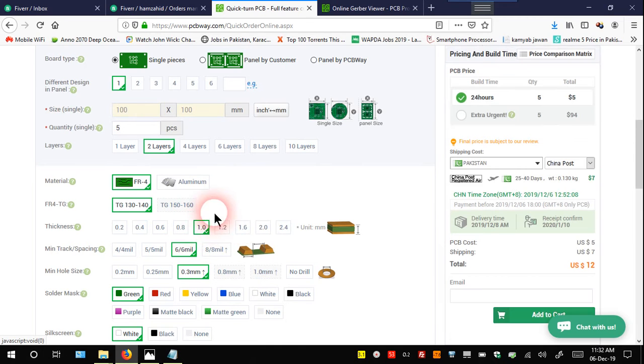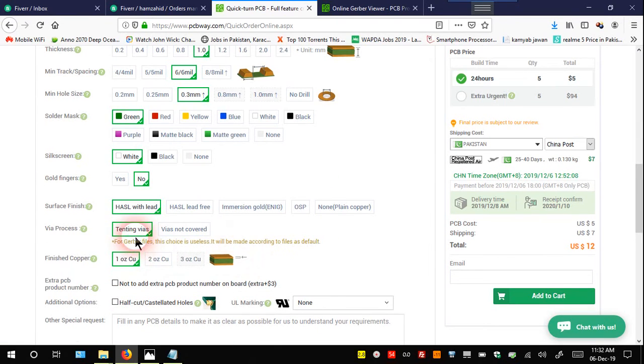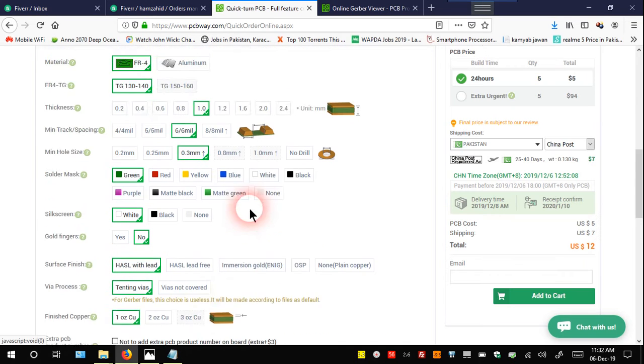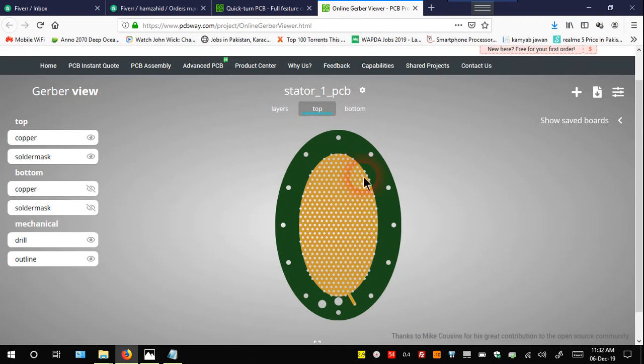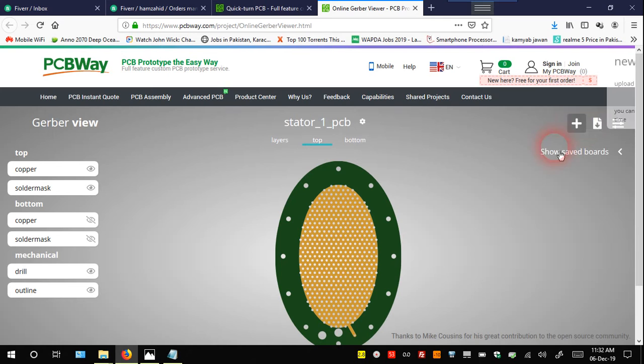You have to select it from here. Okay, the thickness does not depend upon your Gerber files, they show it here. For the Gerber file the choice is useless. Okay, so it can be selected here. Okay, so now